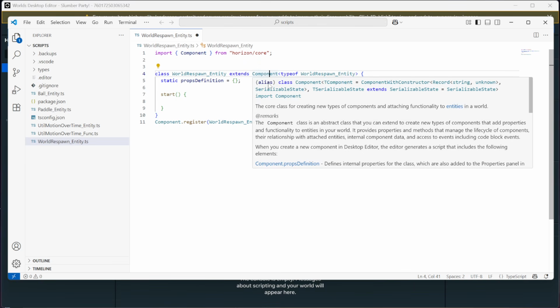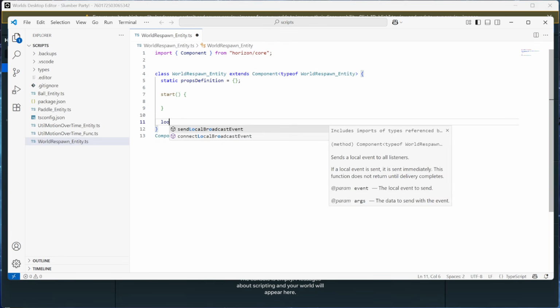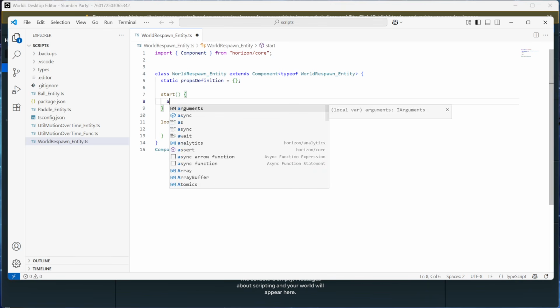Now that we've got this set up the way that I like it, we don't need any properties on the properties panel, because this script is running on the respawn point, so this.entity is the respawn point. We have start. We don't need pre-start because we're not connecting anything. What we need to do is have a loop, something that's going to continuously check if there are any players below the world. And we can start this loop in the start method by using async